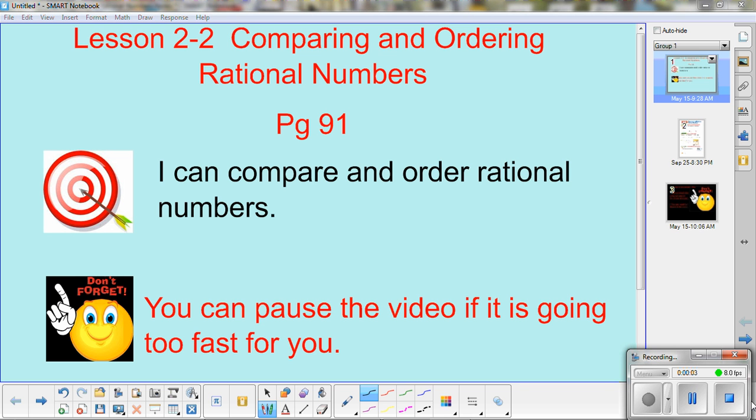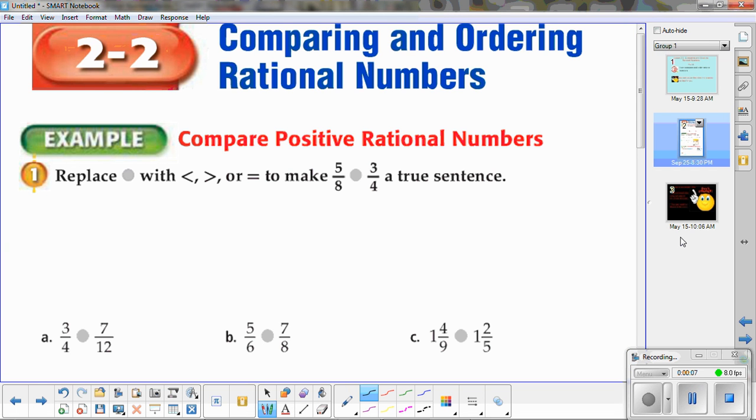In Lesson 2.2, you will be comparing and ordering rational numbers. In our first example, we have two fractions that we are going to compare. If you want to compare two fractions, one way to do it is to rewrite the fractions with a common